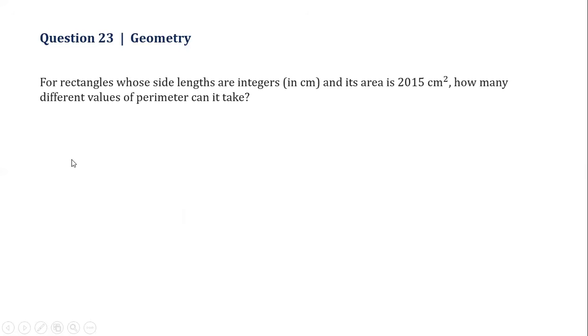For rectangles whose side lengths are integers and whose area is 2015 centimeters squared, how many different values of perimeter can it take? Since the side lengths are integers, we can just take the factors of 2015. So that's 1 times 2015 and